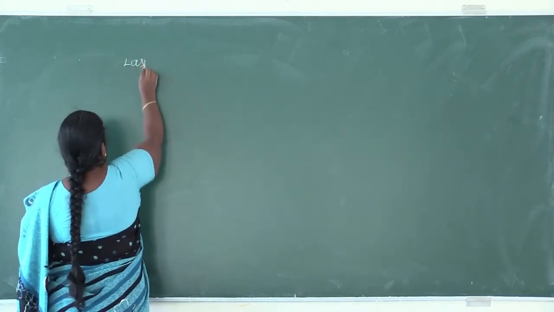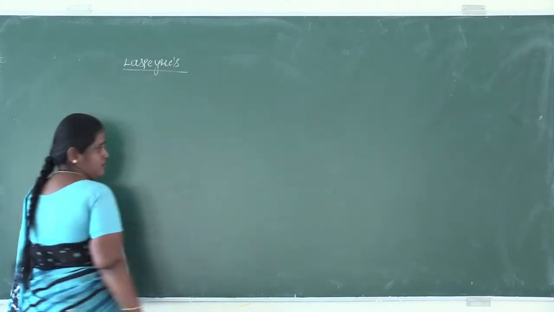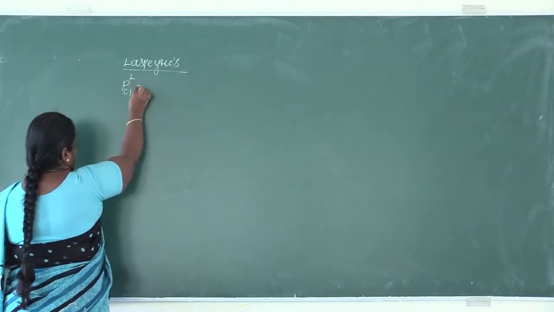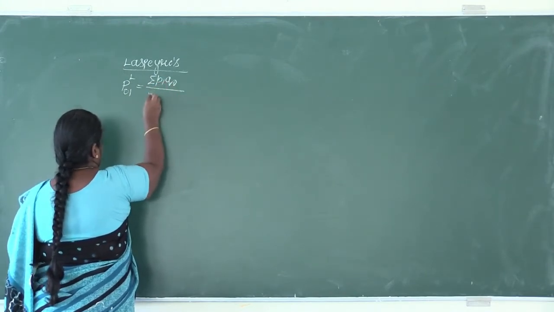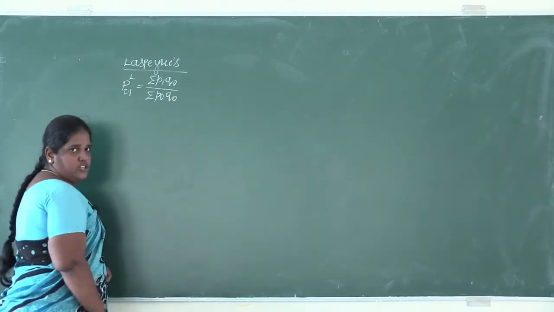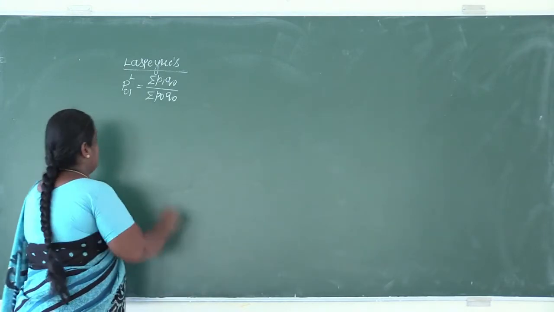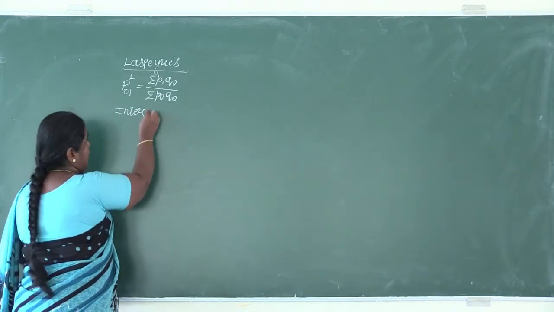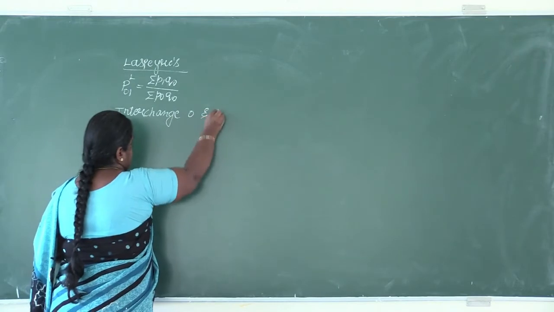To begin with, we'll start with the Laspeyres price index number method. What is the Laspeyres price index number formula? P01L equals sigma P1 Q0 divided by sigma P0 Q0. The multiplication by 100 is not taken while doing the time reversal test; we are taking only the ratios. Now in this formula, interchange 0 and 1 to get the P10 value. So interchange 0 and 1.